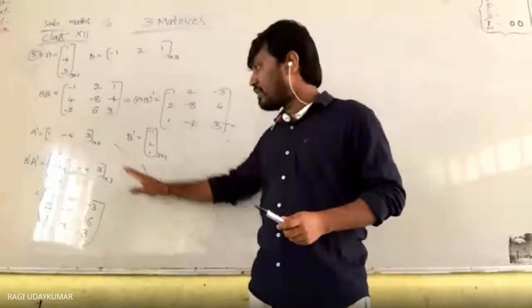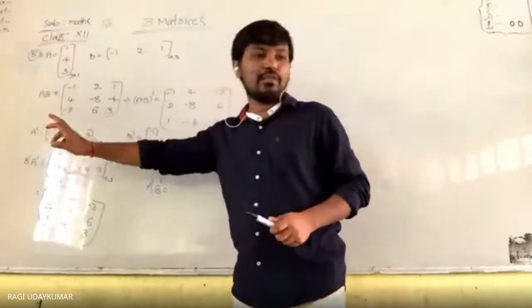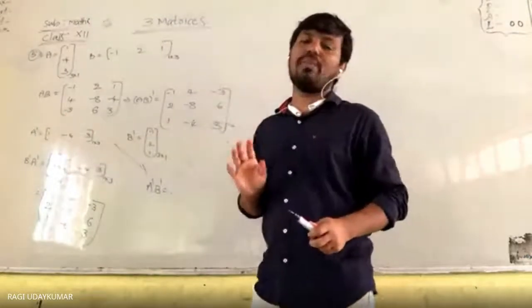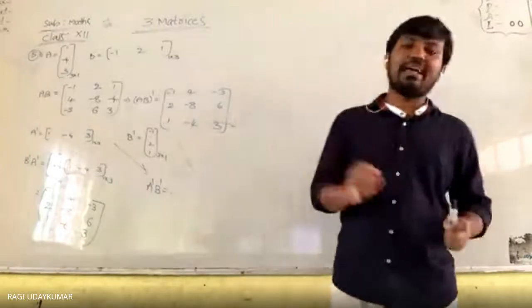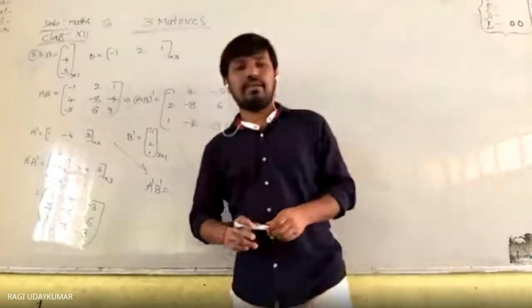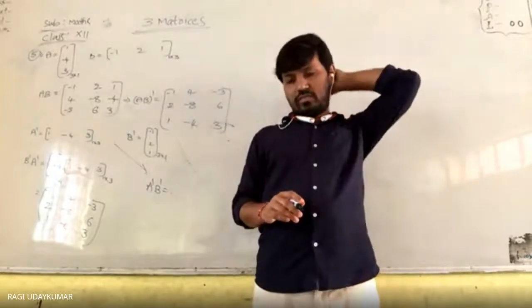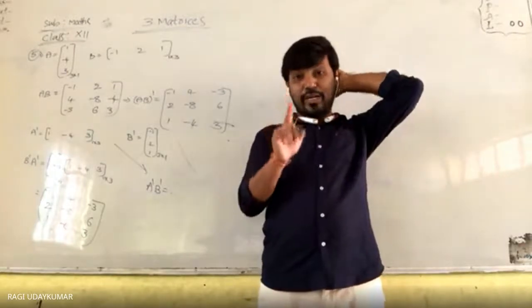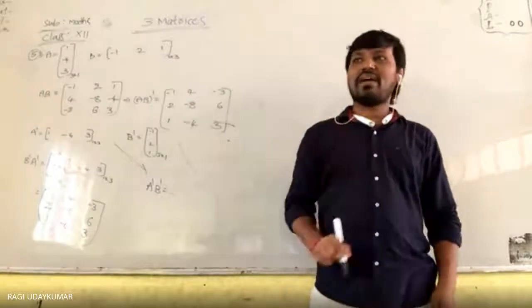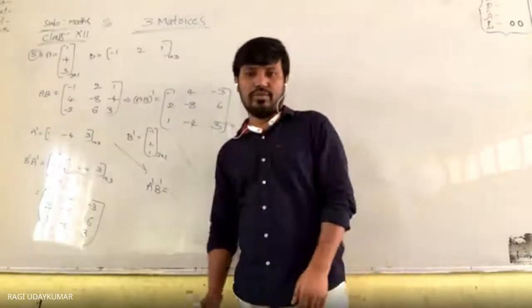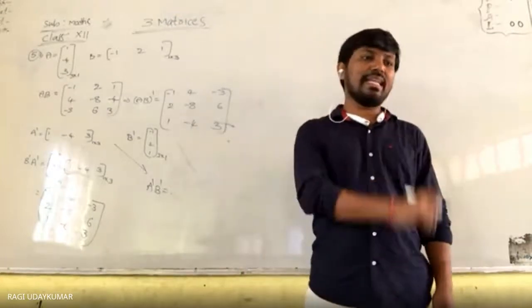No sir. You have A transpose and B transpose as matrices; I am saying multiply both of them. Once multiplied, what do you get? A single element you will get. That will be 1 by 1. A 1 by 1 matrix, that is a single element.